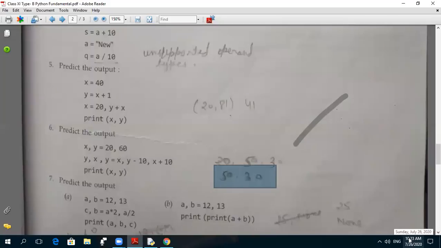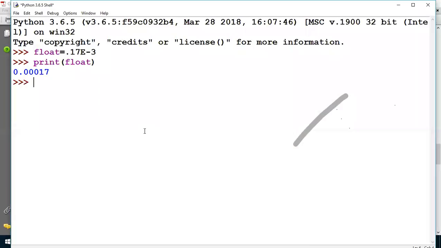Sir, why was the first y not considered? Will it not override? See here. Wait a minute. Now the value of y equals 20. First time, suppose the value of y is 20. Now the value of y is 50. And I want to display y. So it will consider 50 instead of 20. See here, so 20 will be overridden by 50. Because what came later? 50 came. So the first value will disappear and the second value will take its place.